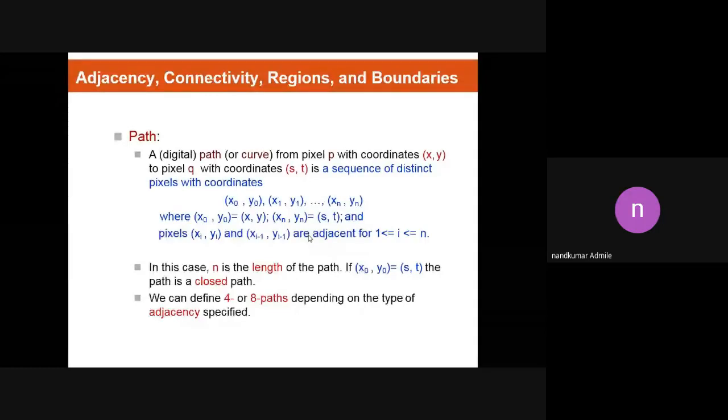Right. So if the connectivity is 4 connectivity, then we can connect pixels only in vertical and horizontal direction. And if the connectivity is 8 connectivity, then we can consider vertical, horizontal and diagonal direction. Now how to do this? For that we can take one numerical. Also for our final exam, we have numericals. So based on this numerical, we can get an idea how we can consider 4 connectivity, 8 connectivity and M connectivity.